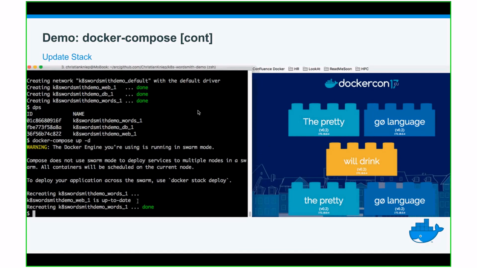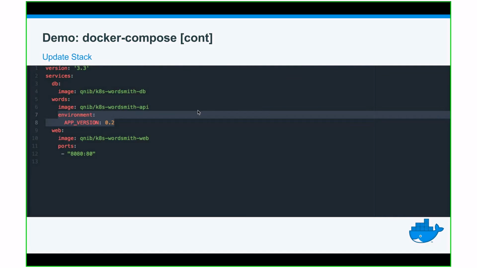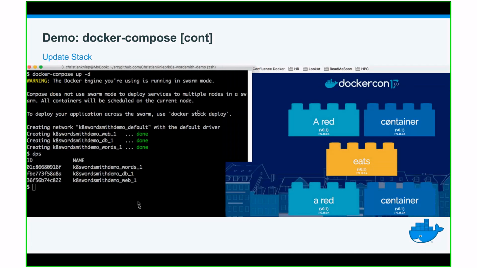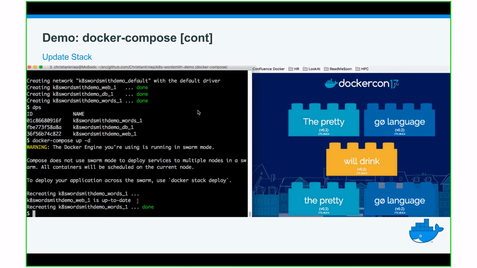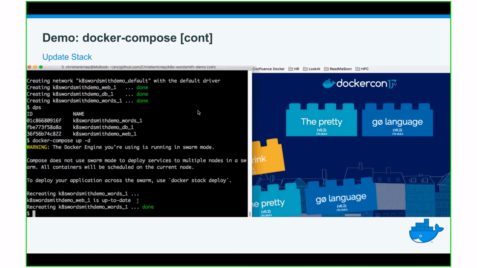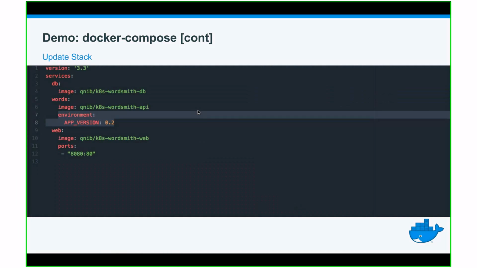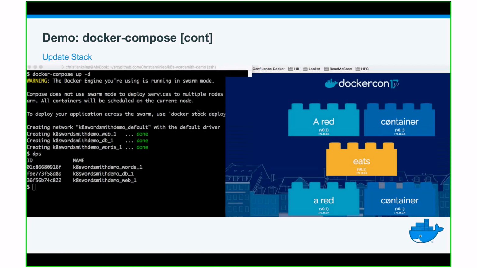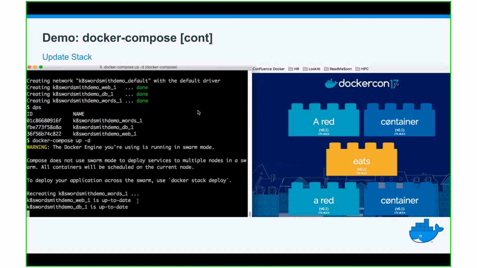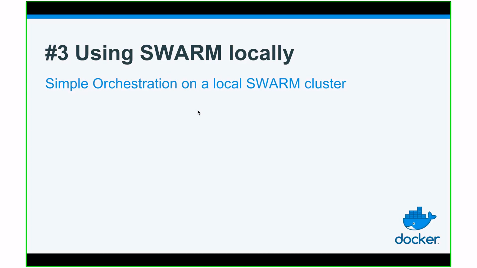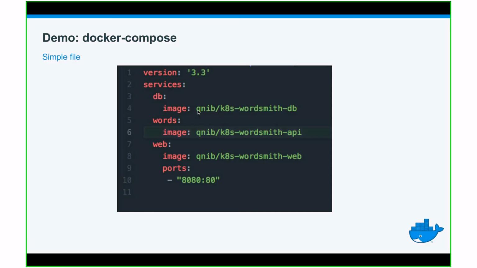So I just changed some information within the API server by adding an environment variable. And when we run this command here, it will restart the words container. You saw that there are empty bricks first, and then once the container comes up, the words are supplied. And I can use the same simple Docker Compose file to deploy Docker Swarm services.